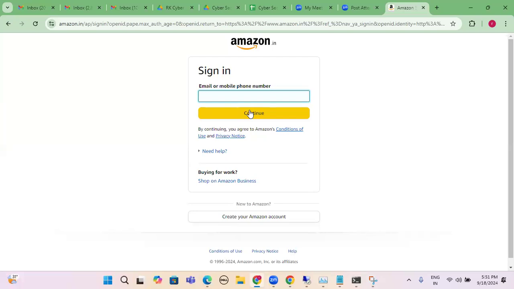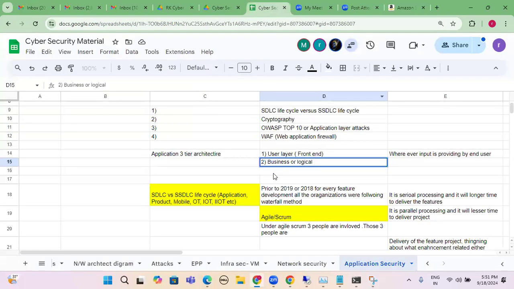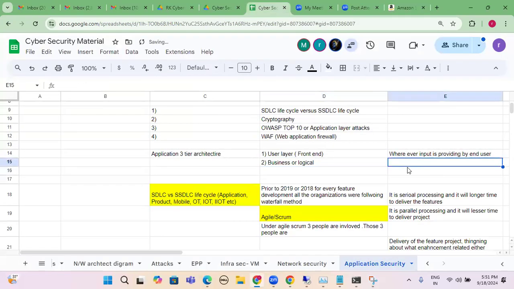According to that, whenever you give the filter option related to a query, it will automatically verify the backend SQL database, and at the front end it will list the results. That is how the application dynamically changes from one tab to another. So that is called the business or logical layer. That is the way programmers develop the code using different types of programming languages. So that is called business or logical. And the third one,